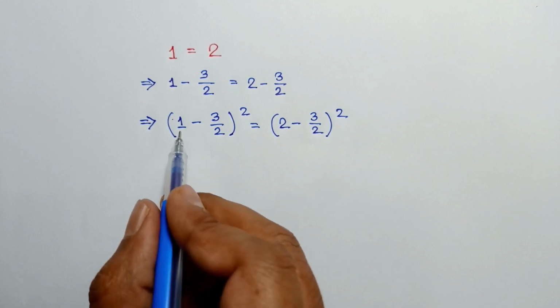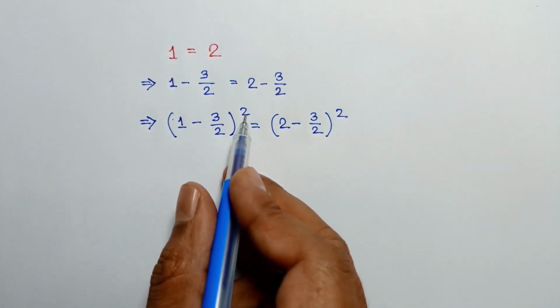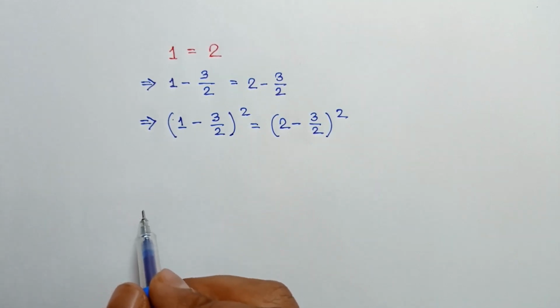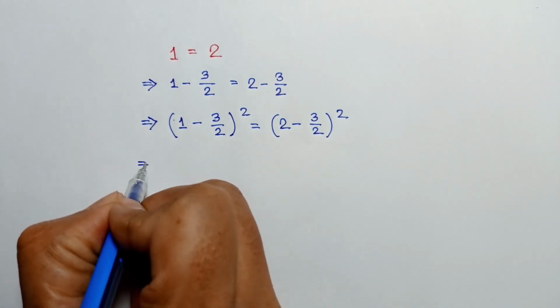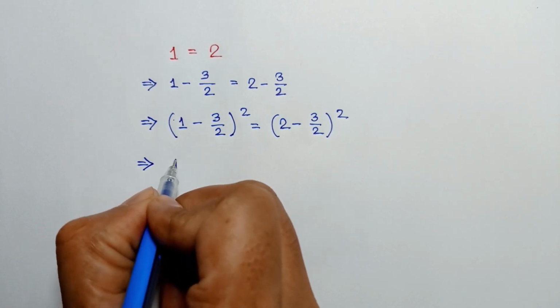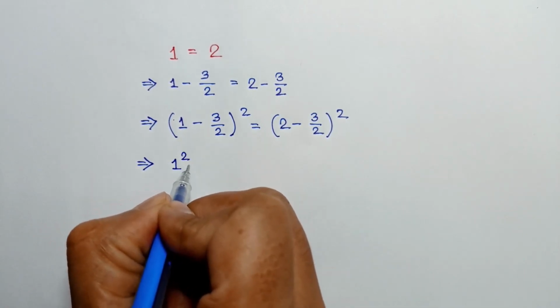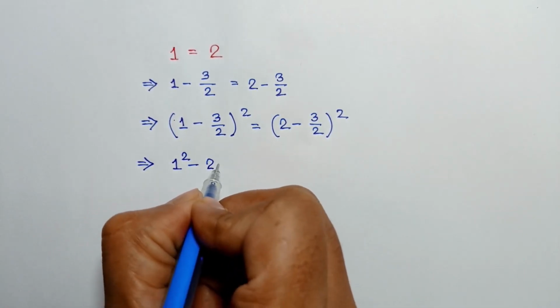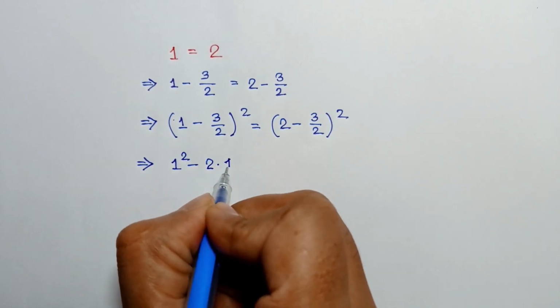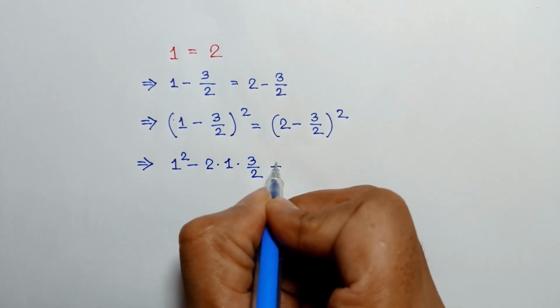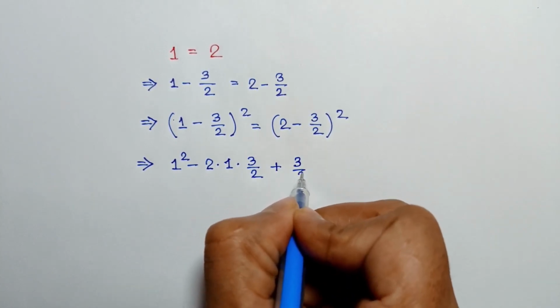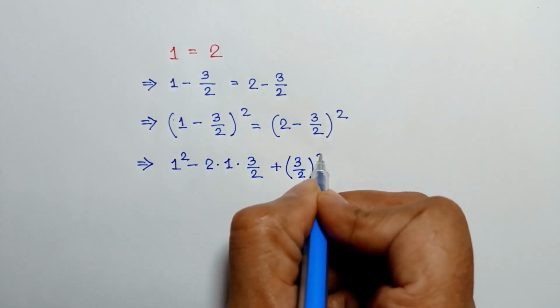Now applying the formula (a minus b) whole square is equal to a square minus twice ab plus b square, we can write 1 square minus 2 times 1 times 3 over 2 plus (3 over 2) whole square is